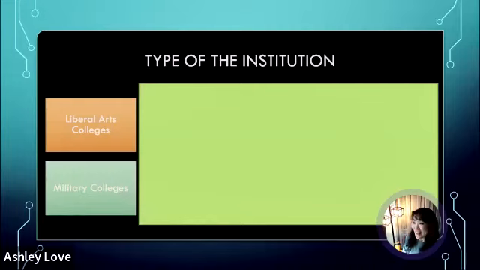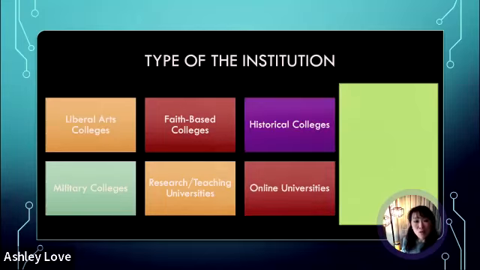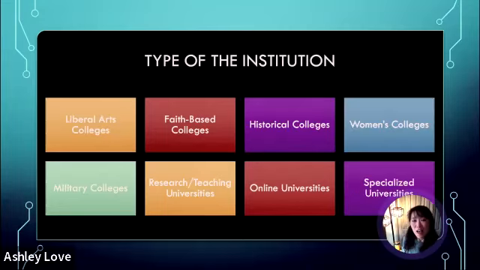The list is pretty long, meaning you can go to a liberal arts versus a military college. So West Point, Air Force Academy, Naval Academy are examples of those. Faith-based, so Catholic University or Christian University, for example. We talked about the teaching versus research universities, historical colleges that we talked about, Black versus the Hispanic, historical universities, online universities, and lastly, I touched on this before,